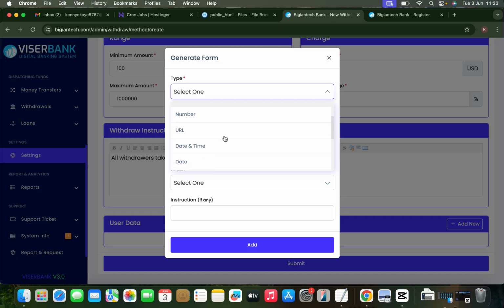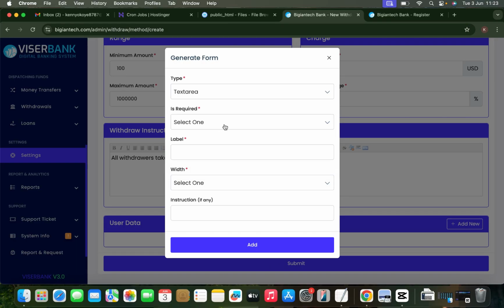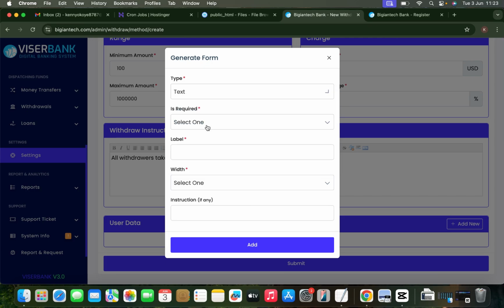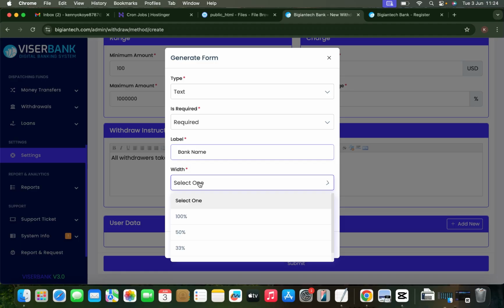Now I'm selecting Dexter, okay, for users to write more of their withdrawal information, which is for their bank details. So I'll click on select all. You can say something like this. Let me put it this way. Text. Then select this one, required. Here should be bank name. Okay, since it's for bank name, if you're using it for crypto, just put yours as Dexter only. Bank name, select width